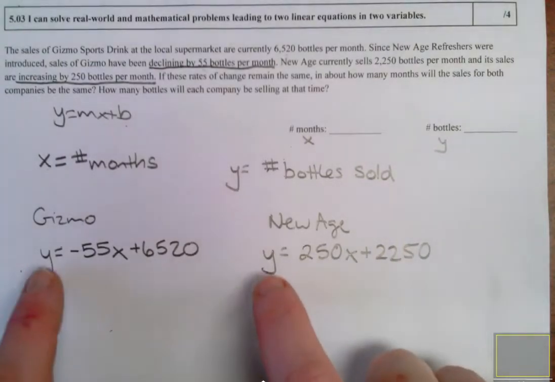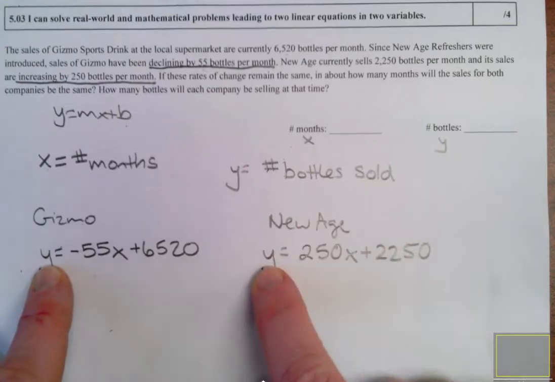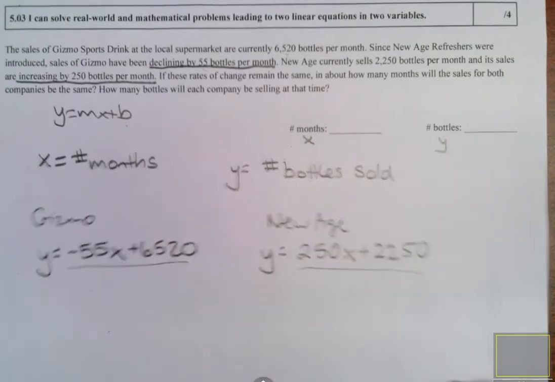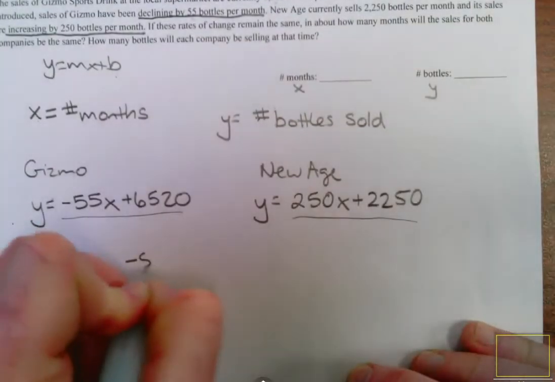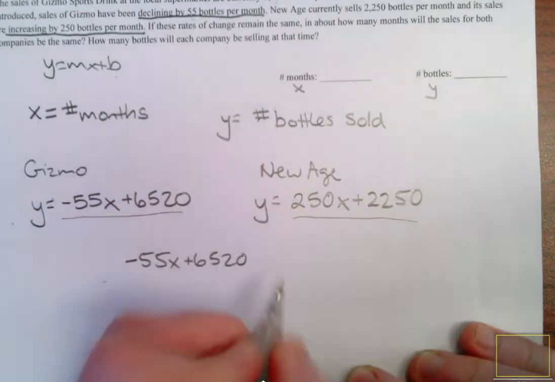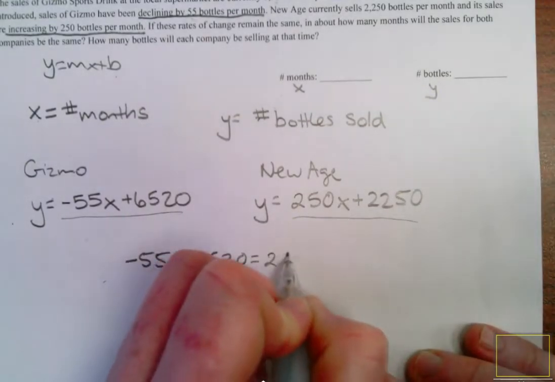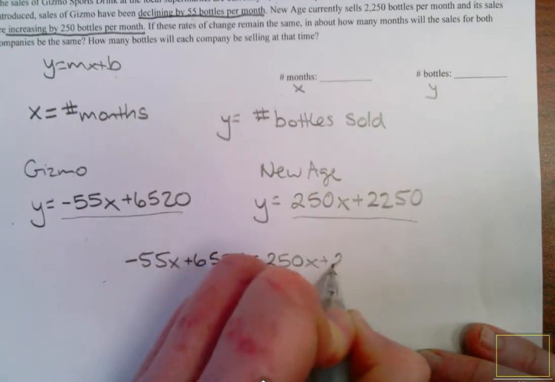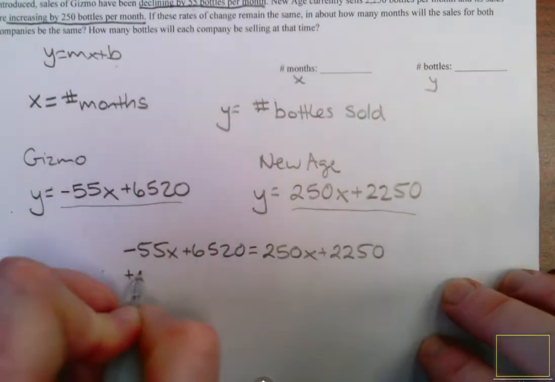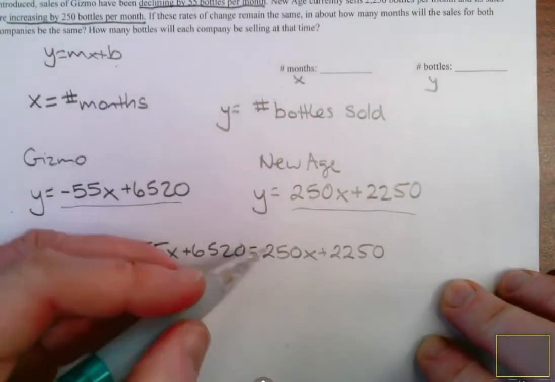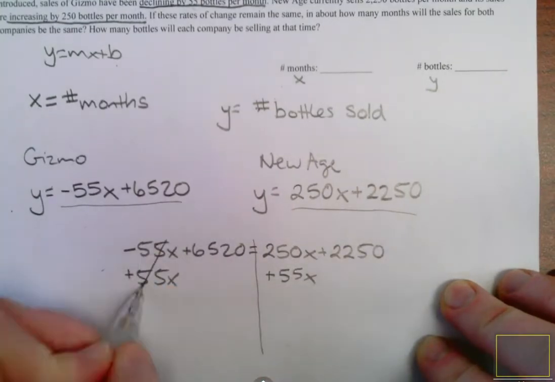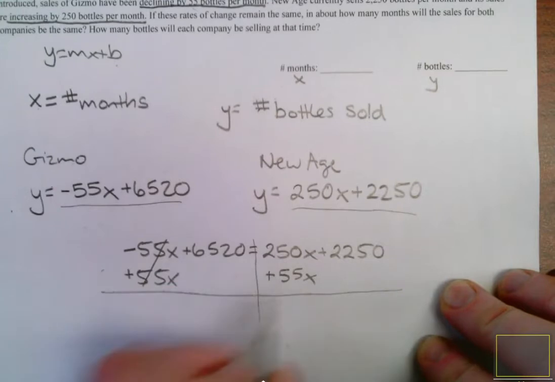Well, we want to know when the y, when the number of bottles sold, are the same. So we're going to set these equal to each other using that equal values method. We're going to take negative 55x plus 6,520. When is that equal to 250x plus 2,250? So I'm going to go ahead and add 55x to both sides. And I end up with